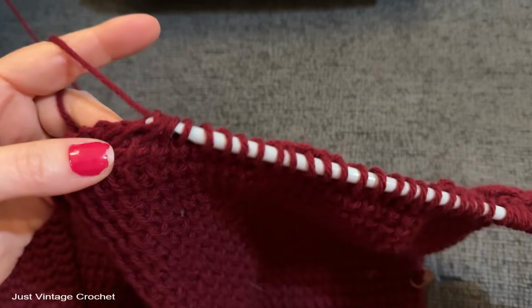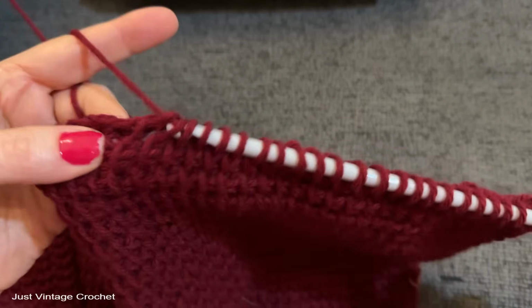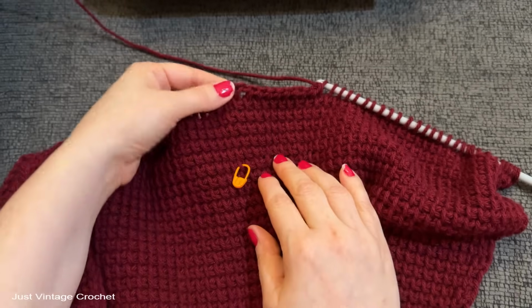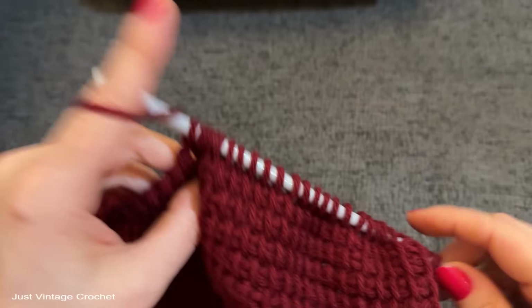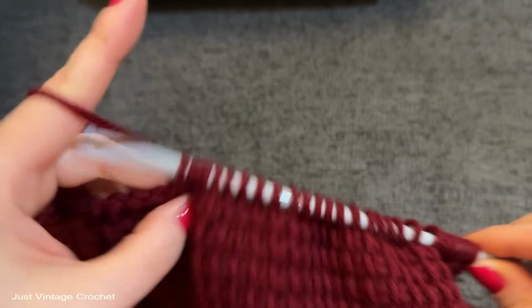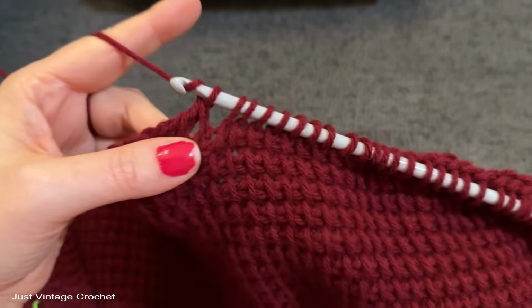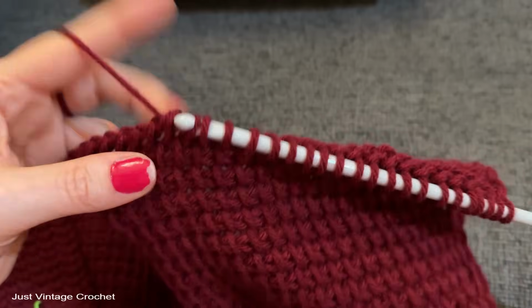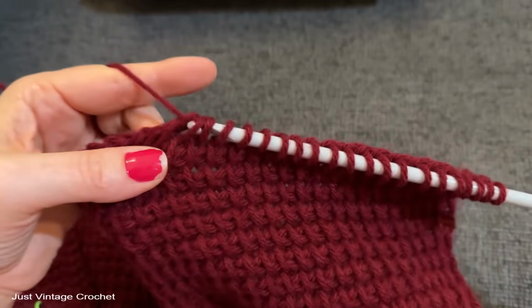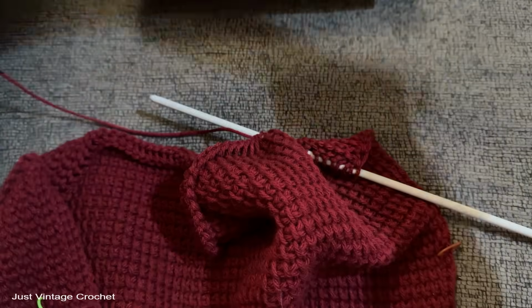I'll be right back. So after working the 34 stitches beyond, my last stitch, my 34th stitch, wound up being right exactly where my stitch marker is. Okay, hopefully it works out the same on the other side when we move on to that part. But here we go. I'm now working my return pass. And just to be a little bit ahead of the game here,